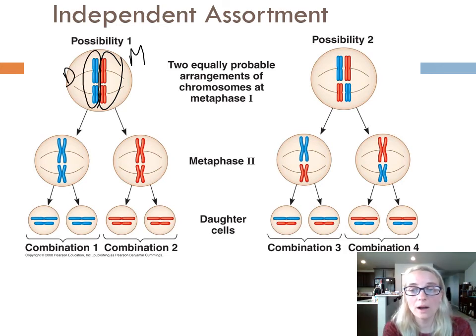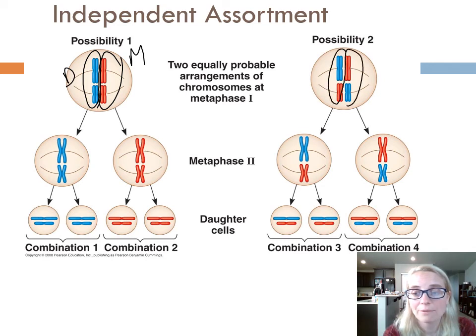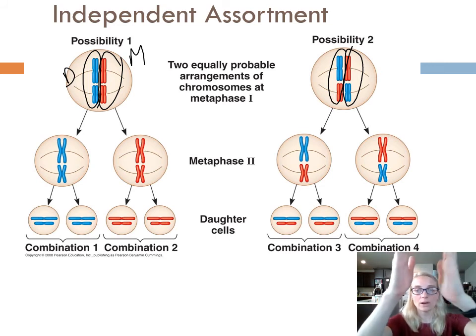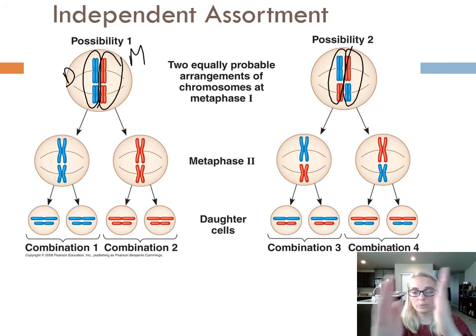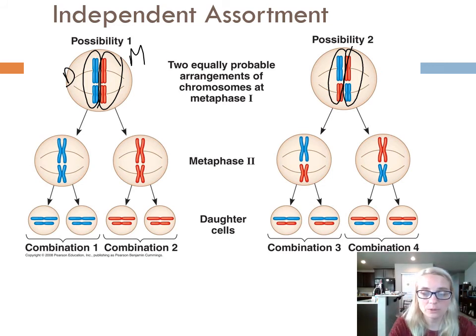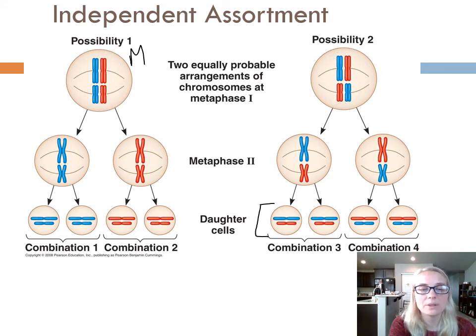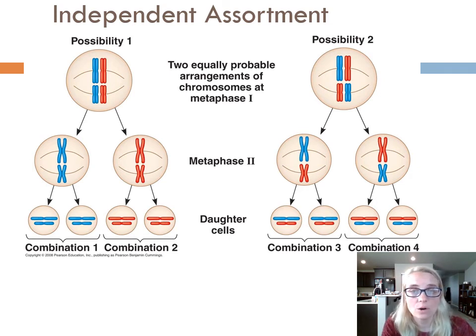That's random, because the other possibility is half of mom on one side and half of dad on the other side. And if we have 23 pairs of chromosomes, they could be on either side of that metaphase plate, which is going to give you various combinations of genes. Now, I know they're just showing 2. It would be really hard to show all 23 pairs, but that's the idea of independent assortment and crossing over